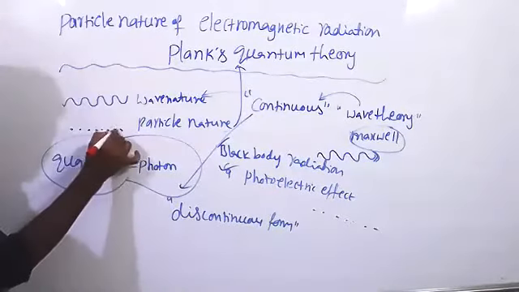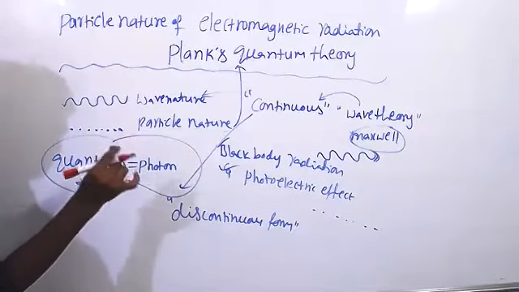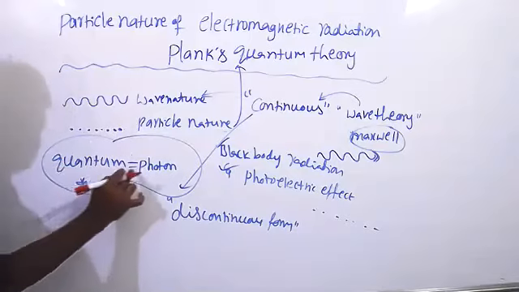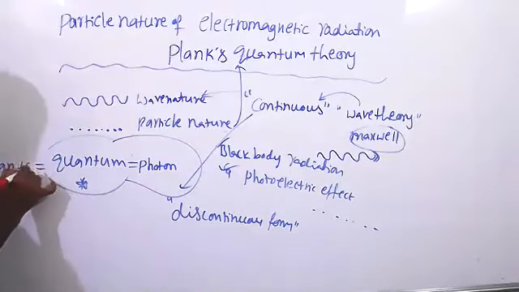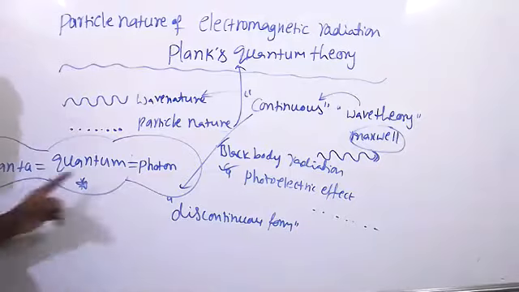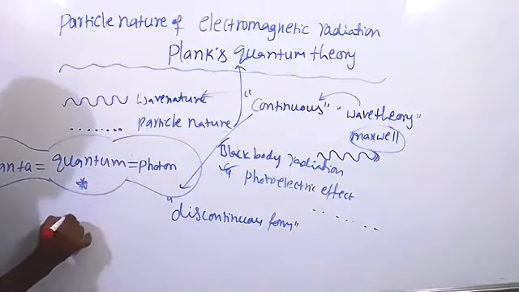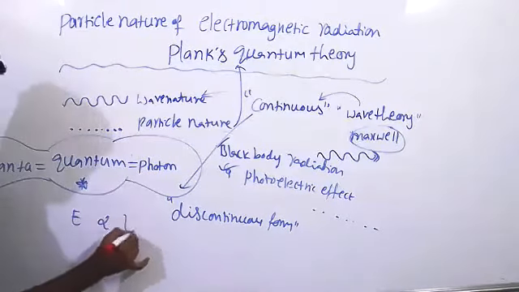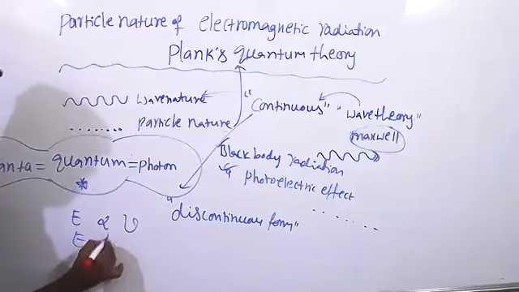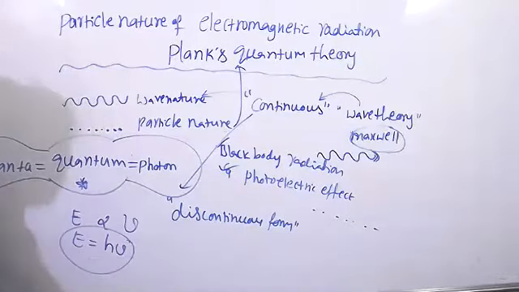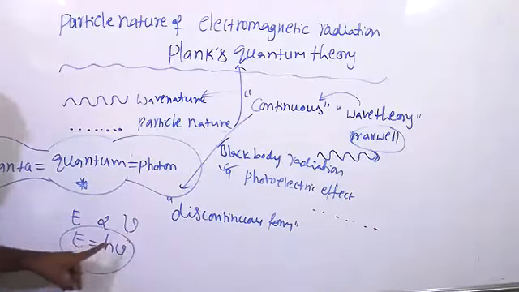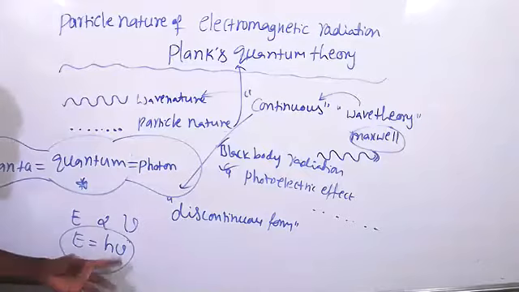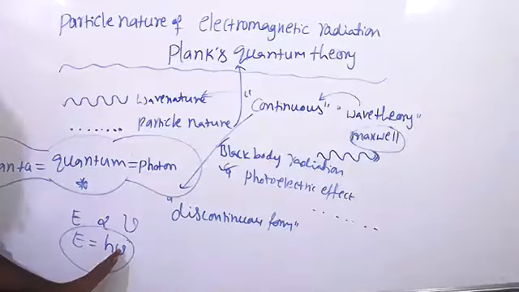So these particles are there, no? Each particle carries some amount of energy. That energy we call quantum or quanta, or photon. The photon energy E is directly proportional to frequency. E is equal to h nu. Already I gave this formula. So the energy of a light particle is directly proportional to its frequency, then E is equal to h nu we can write. Here h is a constant. Later I will give you what h is.